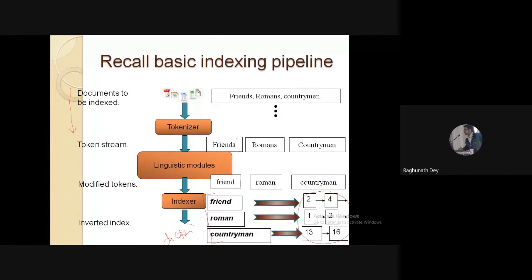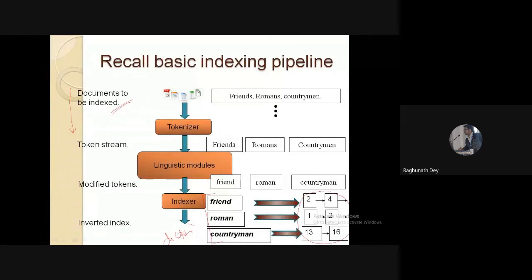That particular document ID were consisting of these particular terms. In this particular indexing system, what are we giving as input? We are giving some number of documents. We have to find out what are the terms or what are the words existing in these particular documents. That means we need to process this document. Then we may apply tokenization, that means to segregate the terms or segregate the words. Then we apply some linguistic model. I will tell you what the different linguistic models are, so that we can reduce the length of the terms.